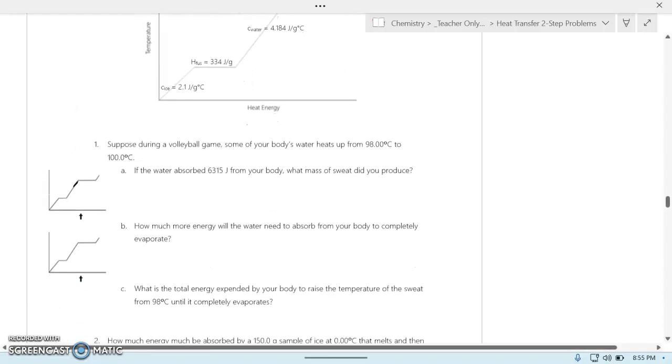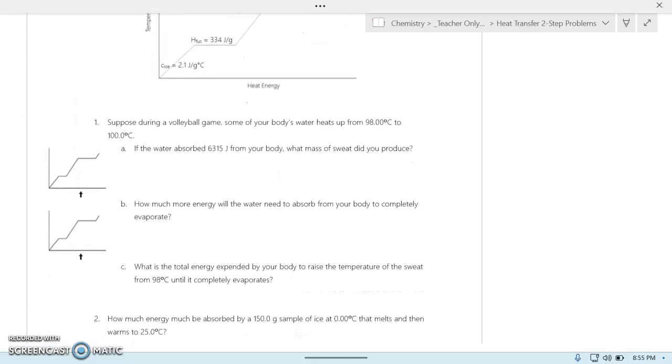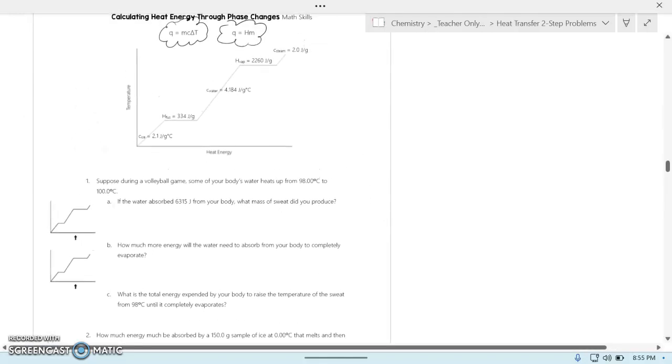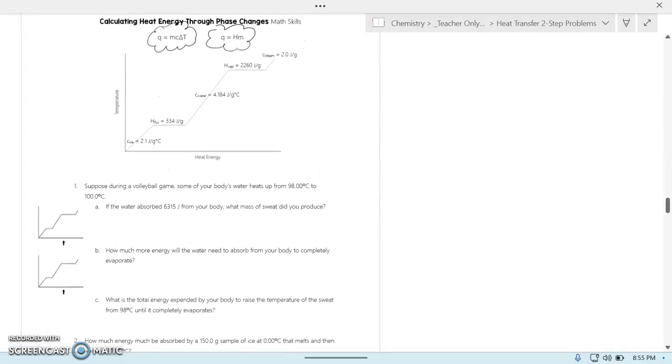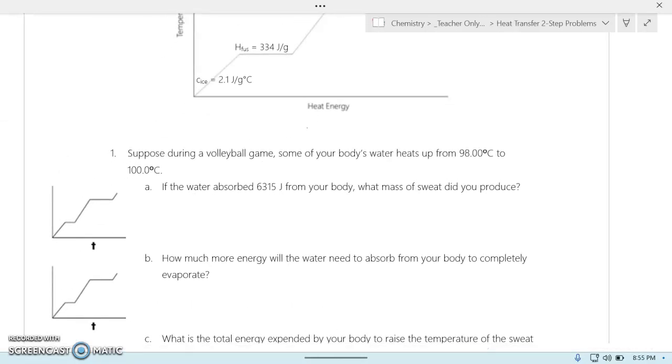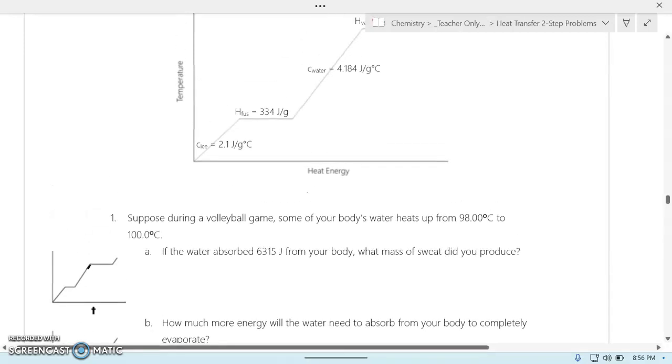So we are going to do a practice problem together for number 1 and use the appropriate piece of information from the heating curves to help us solve it, and then add our energies together for each section. Suppose during a volleyball game, some of your body's water heats up from 98 degrees to 100 degrees. That would be right here on our heating curve, but nothing's boiling. It's still water. Your sweat is not boiling into vapor. It's just heating up. So we are going to be using this section,